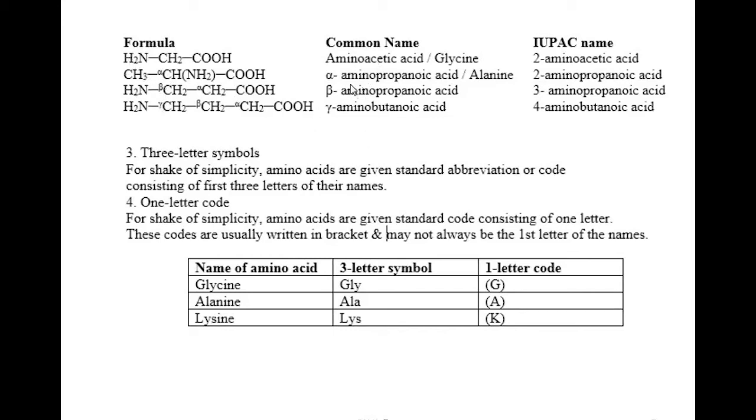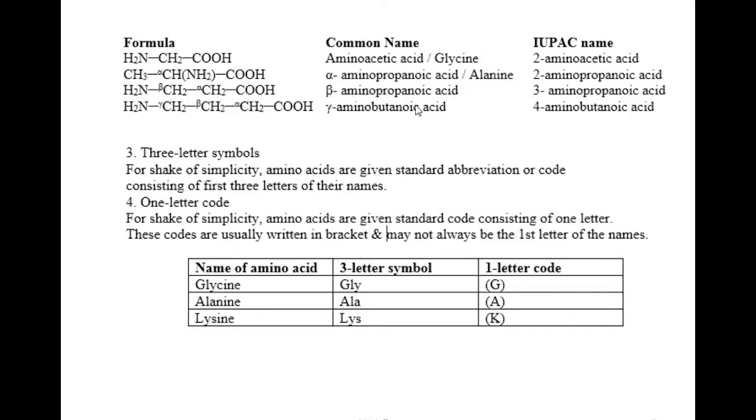Let's see the second one. Alpha aminopropylic acid, that is alanine. If you see the carbons, there are 1, 2, 3 carbons, so it is from propane or propylic acid. And since this first carbon is considered as alpha carbon, it is alpha aminopropylic acid. Likewise, if you see the second last,